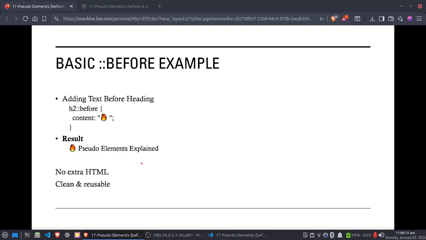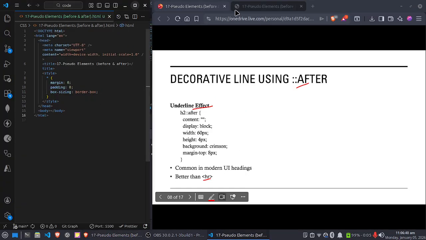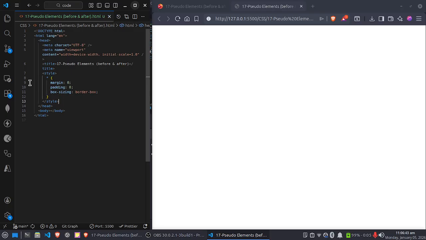Now let's move to VS Code and first see the before and after pseudo elements. This is one of the most common real world use cases. We create an underline using after instead of the hr, and it is better than the hr. Basically we create an underline. So I have already written a basic HTML structure and also applied some basic styling, a CSS reset. So let's add a